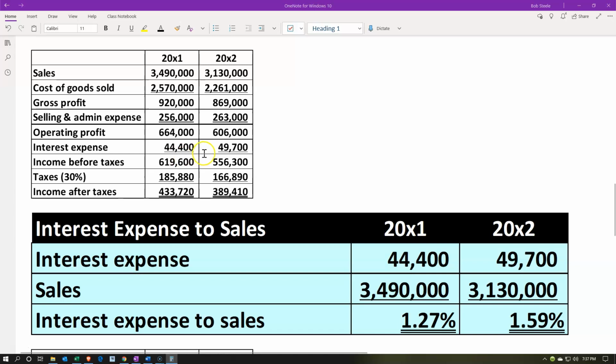The interest went up here, so maybe we took out more of another loan, took out some more financing, increasing the interest expense. So you would think then if the loans were the same, that the interest expense would stay somewhat constant, and if it's a normal kind of loan, maybe even the interest expense decreasing. But here it increased a little bit, and then the sales